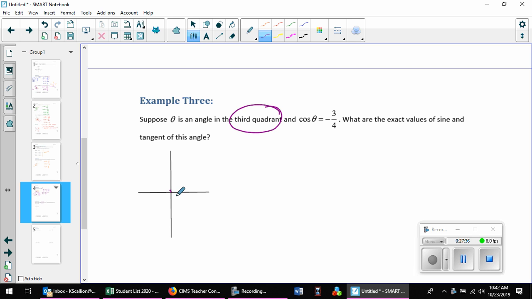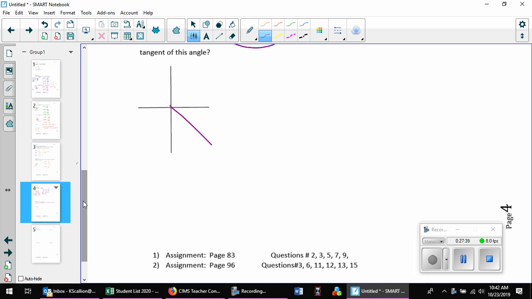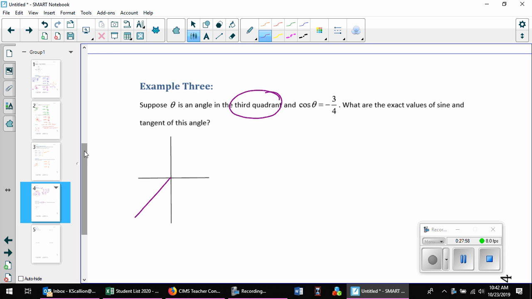So I'm in quadrant 3. So I know my terminal arm ends in quadrant 3. All right. So it ends in quadrant 3 now, not quadrant 4. So I know my point. Okay, so I know cosine is